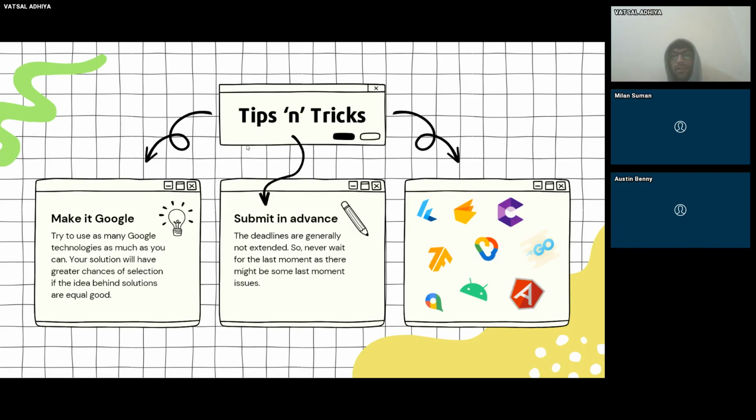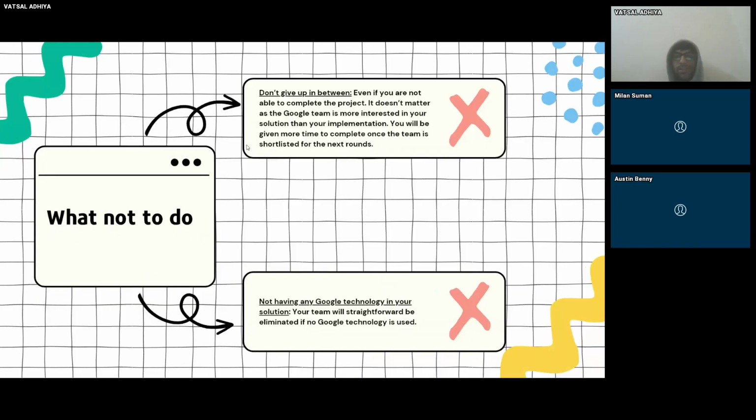Also, you should keep in mind to submit in advance because you never know the last moment issues which might occur. All right. While it's important to know what to do, it's also important to know what not to do. Don't give up in between. Even the participation certificate has very much value, and if you add it to a resume, it's a very good point